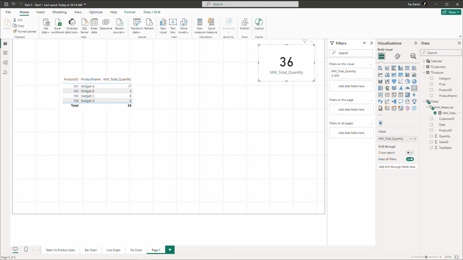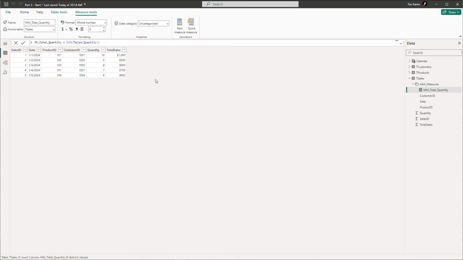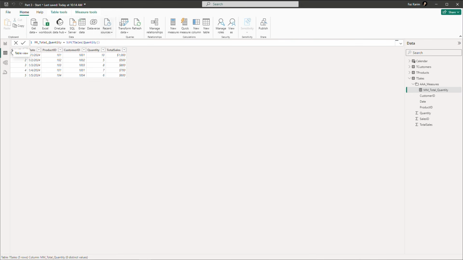Let's talk about the SUMX function next. Next, we're going to use the SUMX function. This is going to calculate the sum of an expression evaluated for each row in a table. This is useful when we need to perform a row-by-row calculation before summing. For instance, if we needed to calculate the total sales amount, we can get the quantity and the total sales and multiply them. If I go over to the Home tab and I create a new measure,